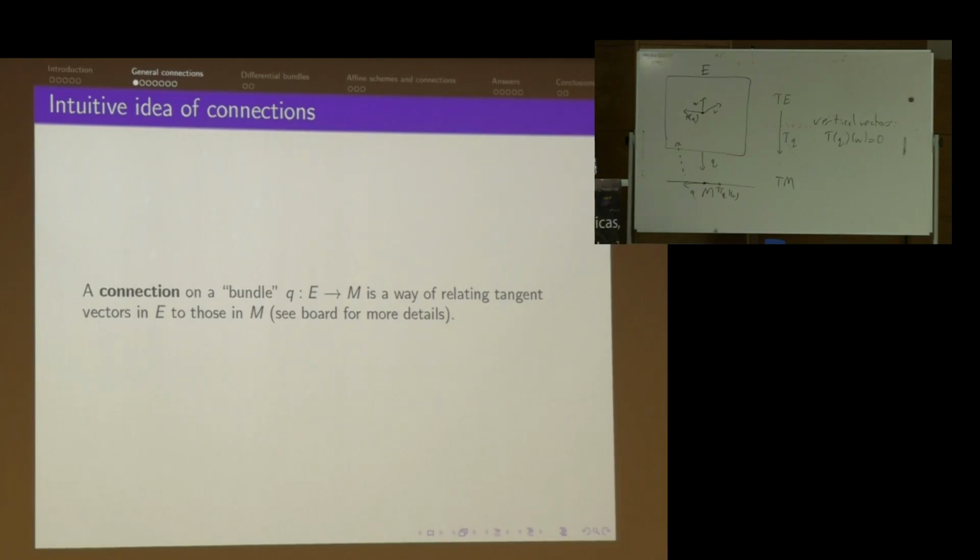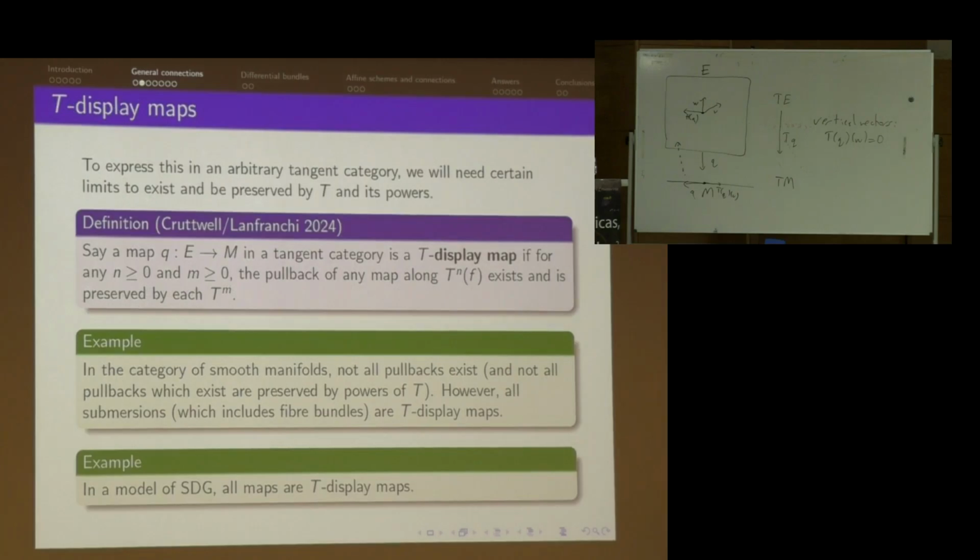Now it turns out in the full generalized tangent category, you sort of need both parts of it. In differential geometry and smooth manifolds, the vertical retraction thing and the horizontal lifting thing, either of them determines the other. But in a general tangent category, you sort of need all the structures. So let me go through what this will look like then.